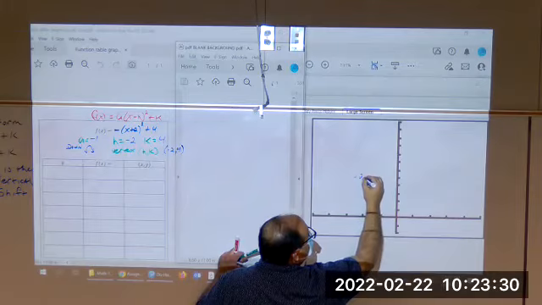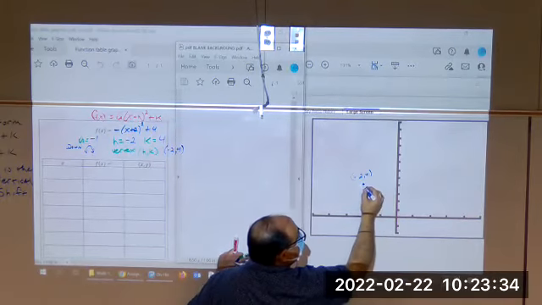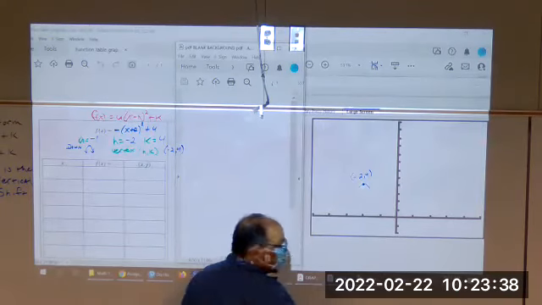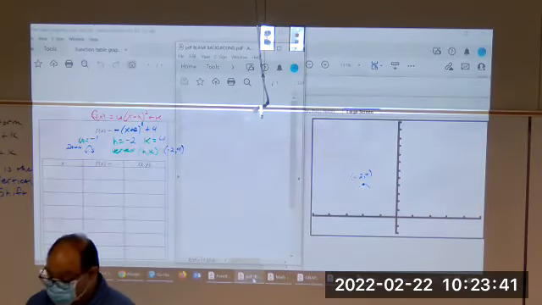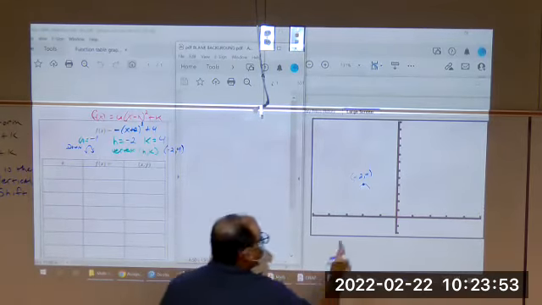Label it. Now look where I'm labeling it. I'm labeling it above the point because I know it's going to open down. And I'm dropping it very lightly with the pencil. Very lightly with a pencil. Just going to open down. And I need 5 points, which means I'm going to plug in two numbers to the right, symmetry about the